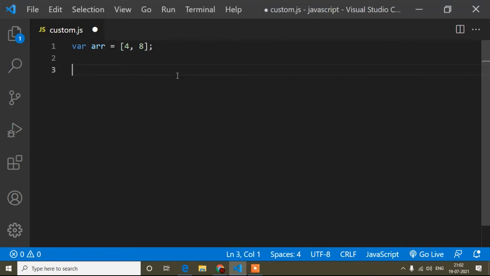Now guys, you have to understand the purpose of using the filter method and the find method. First of all, I will explain the purpose of the filter method. The filter method filters the data from an array, or you can say it filters the elements from an array. Suppose I want to filter 4 from these two elements, or the elements may be more than two. From this array I want to filter 4, so it will give you the return output, that is 4.